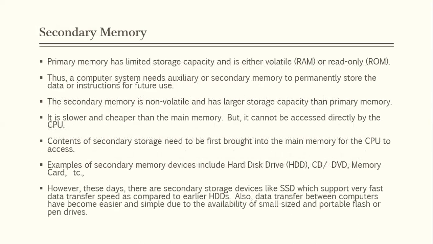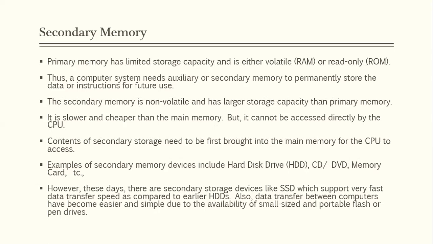Secondary memory is where the data is permanently stored. Primary memory has limited storage. So if you look at RAM, even RAM is like 4 GB or 8 GB, that is limited storage. So for more storage, we need to use secondary memory, that is the hard disk drive. Secondary memory can also be external. So we have external hard disk drives, and we have CD, DVD, all these become a part of secondary memory.